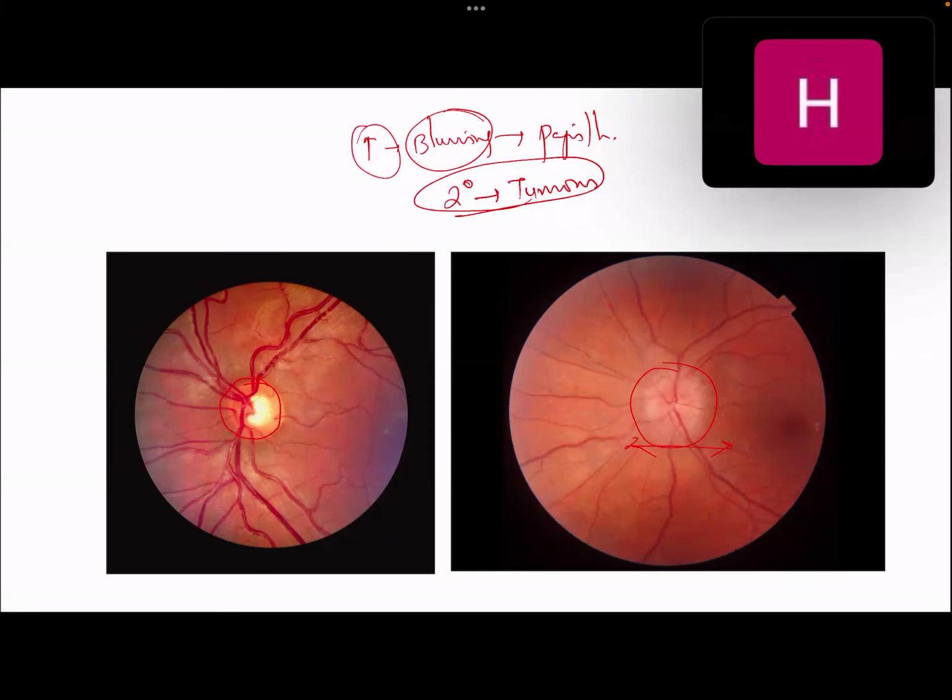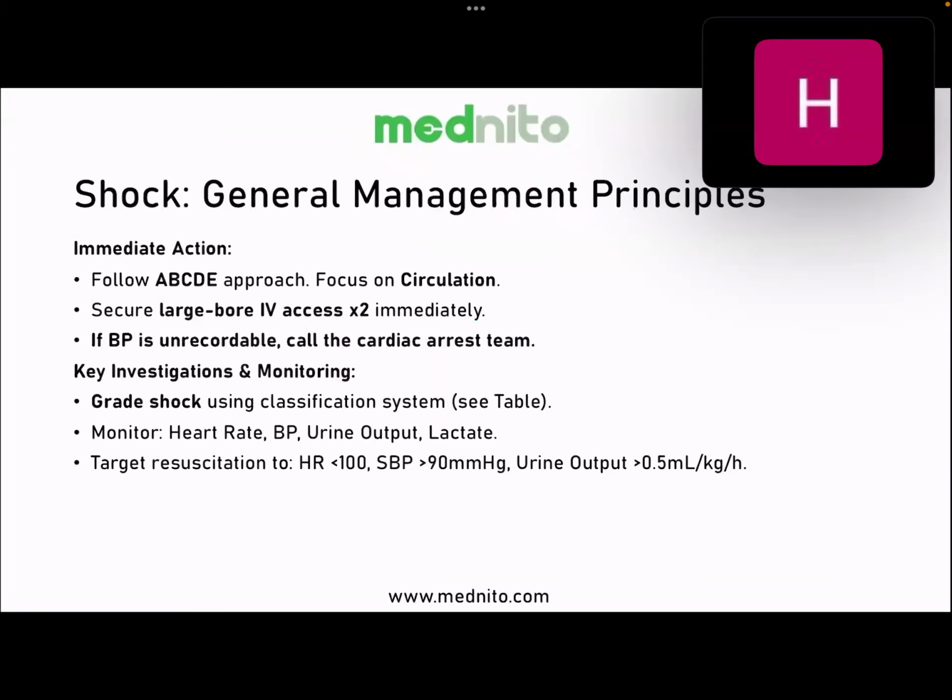What do you have to do? You'll have to do a lumbar puncture, make sure that the pressure is elevated. You will sometimes do a ventriculoperitoneal shunt as well, which is the definitive treatment if the patient is not responding to medical treatment. What is the medical treatment? It is stopping the medications, reducing the weight, lifestyle changes, and then acetazolamide, followed by the definitive treatment, that is ventriculoperitoneal shunting. All right.